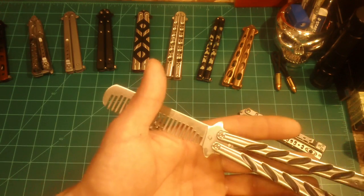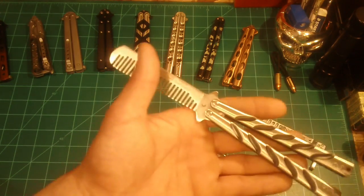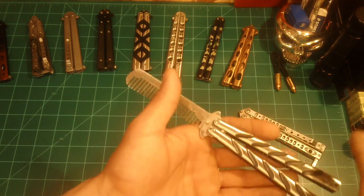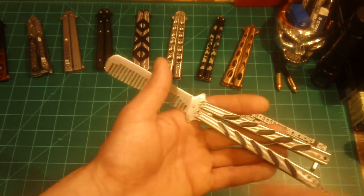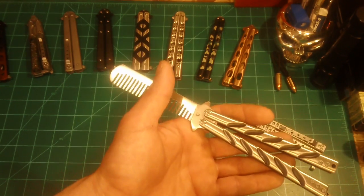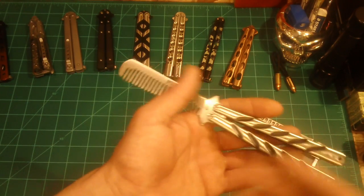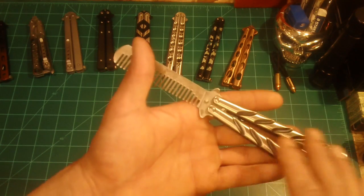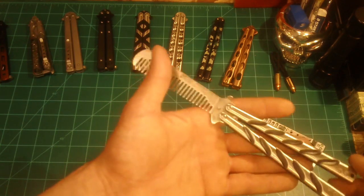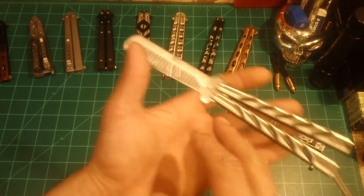So let's say you have this trainer right here, you've been flipping it in the Sonata, whatever. If you have a cheapy balisong, let's say one that has press pins in it that are garbage, let's say it's broken, the press pin's finally wore out on you or whatever, and the blade's in somewhat decent condition, you can go ahead and transfer that blade to this balisong, because the